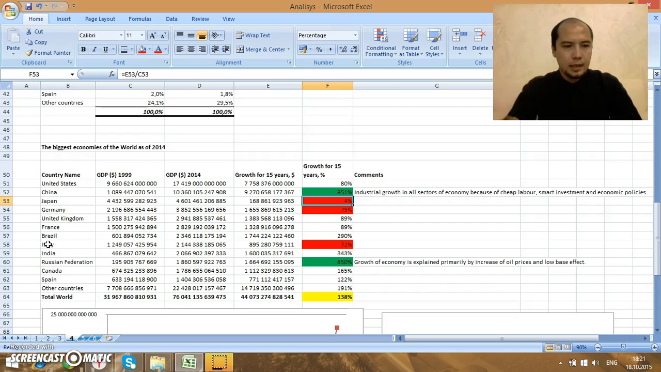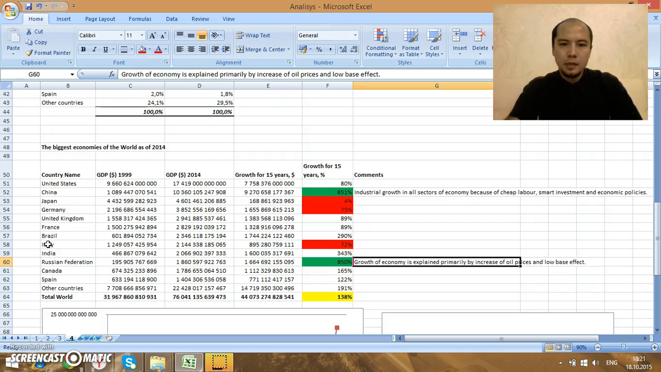And you can see that growth of Japan was only 4%, and growth of Germany was 75%, and growth of Italy was 72%. It is not very much for 15 years. And if you look at the Russian Federation, you will see that its growth was also approximately the same as the growth of China,